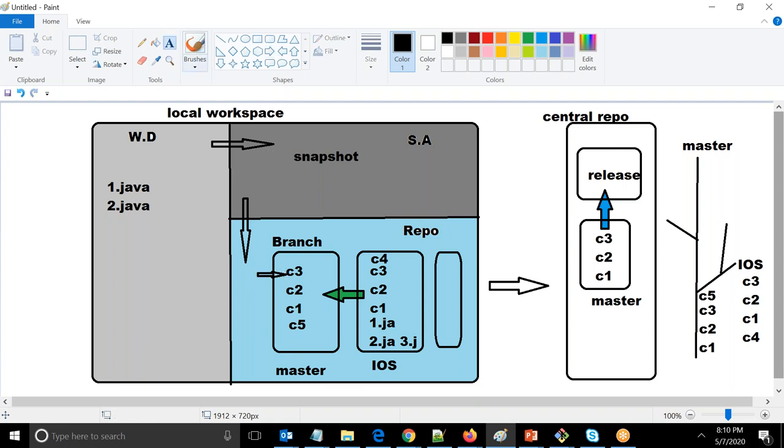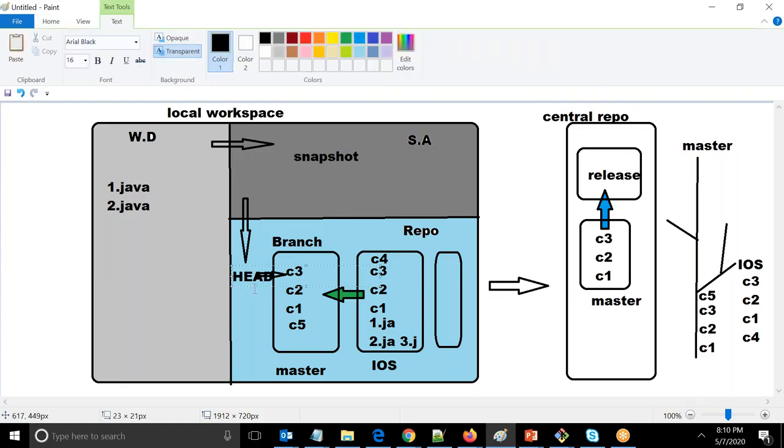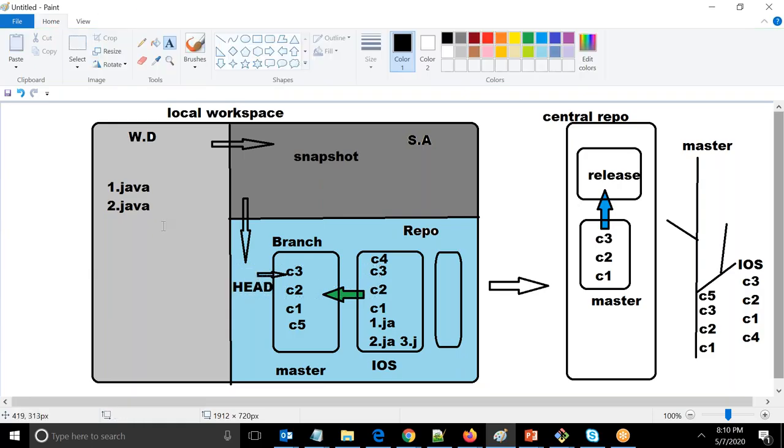Okay, so now there will be something called the head reference, and because of this head reference, we will be able to work in a branch, because whenever you go to a branch, the head reference will be pointing to a commit ID, and because of where the head reference is pointing, you will be able to see the content accordingly. So by default, whenever you go to a branch, the head reference will always point to